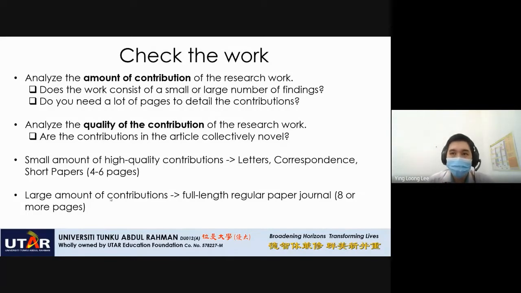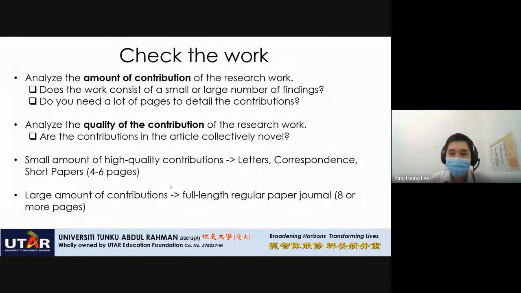But sometimes journals accept mediocre contributions. For example, a large amount of contribution, but each contribution is of small significance. Because the number is large, collectively it is a significant work. So maybe you can get accepted, but maybe it doesn't deserve an award. But you still have a chance to get published. Anyway, this is also subject to the reviewers. Sometimes we have to convince the reviewers that our work is truly novel.